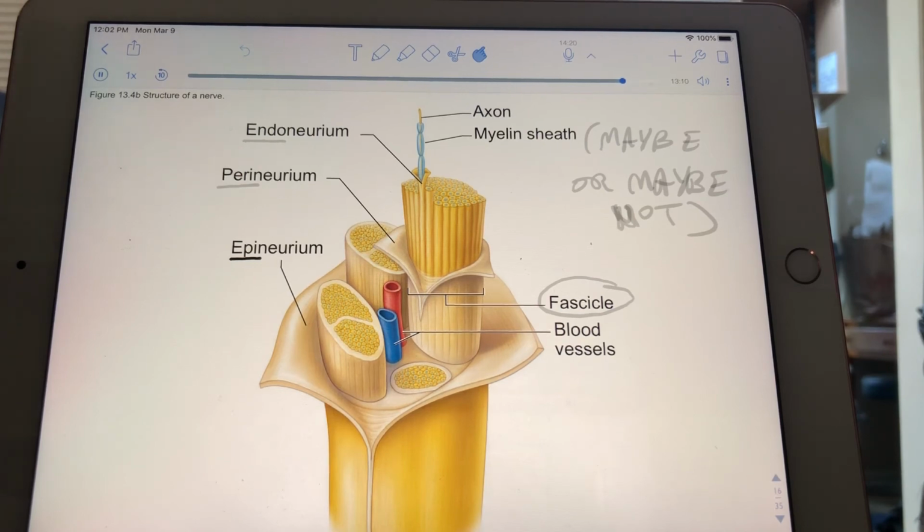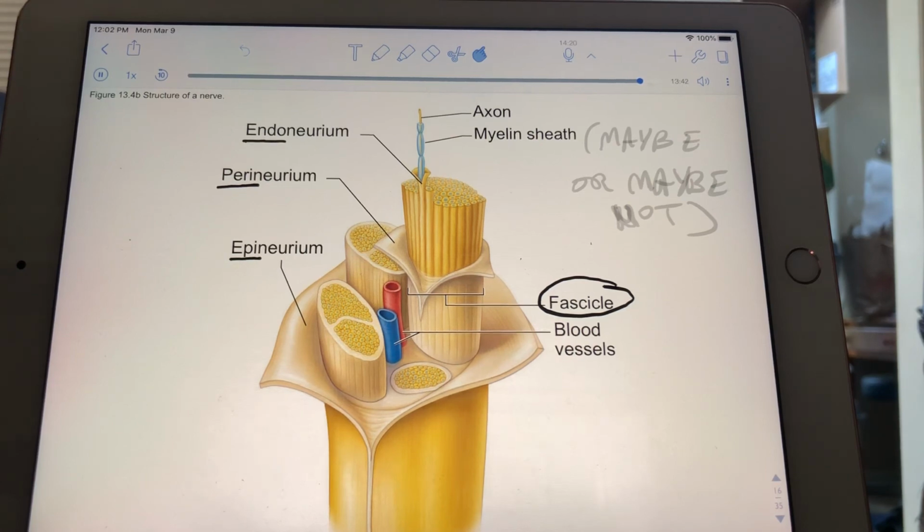But the nerve has subunits, which, this might please you or alarm you, are called fascicles, okay? Each fascicle has a connective tissue sheath around it, which is called a perineurium, okay? And then each neuron within a fascicle will have another connective tissue sheath around it called an endoneurium, which